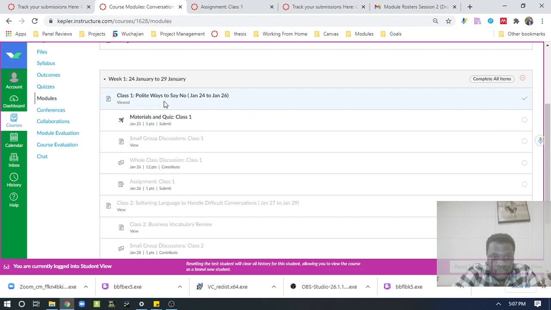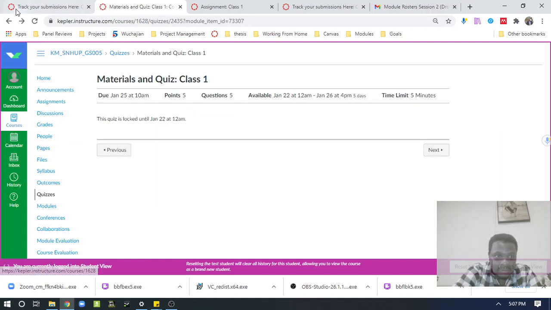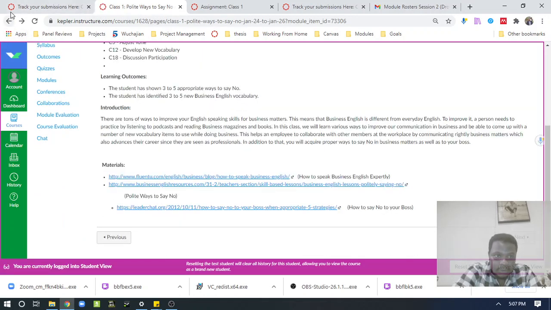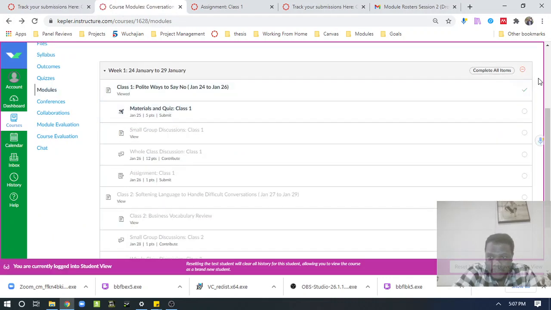You realize that I viewed this. It is already written, viewed, and it is ticked. And also the second activity is now doable. If it's done, it will also be ticked. So you need to go systematically through each and every activity.